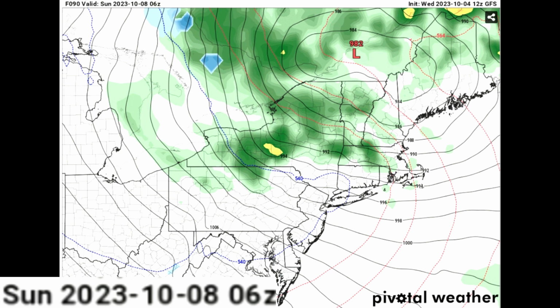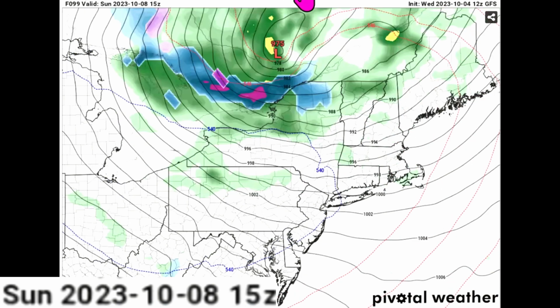Here we go, Sunday. You know, most of the impacts are going to be north of the mid-Atlantic for us here. So places from New York City southward will overall be clearing out, especially as we go towards your Saturday night, towards your Sunday. But look at the wraparound moisture on your Sunday. This is the GFS model, the Euro, not as gung-ho on this, but nonetheless the chance for some of those